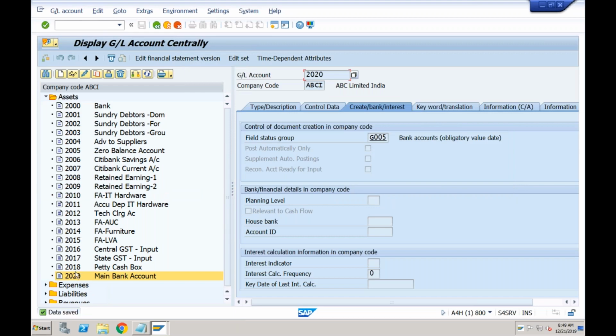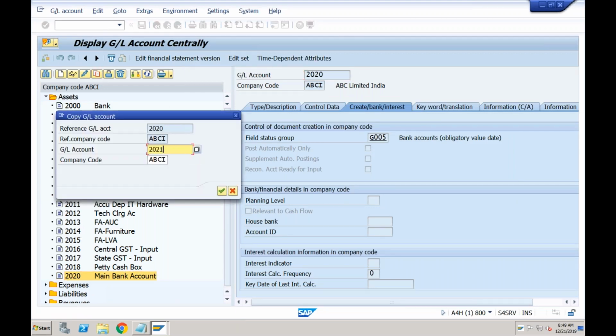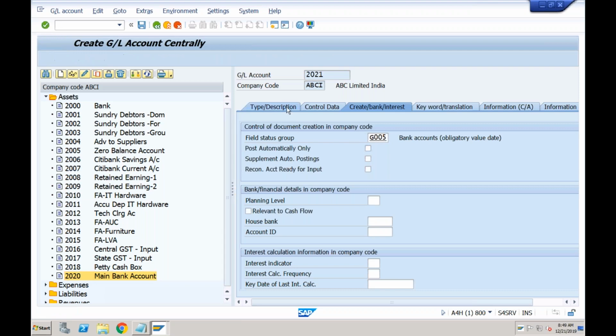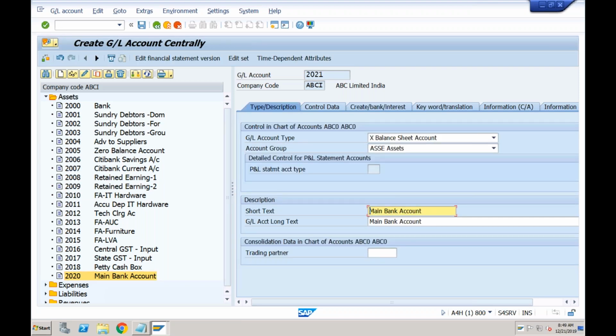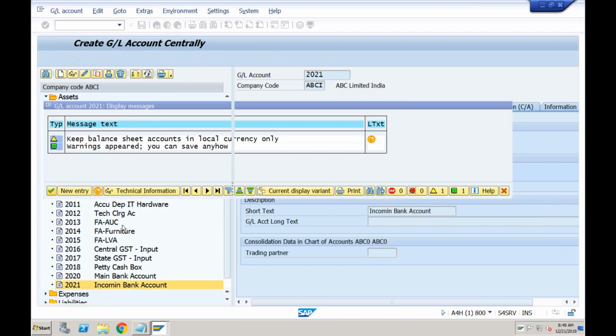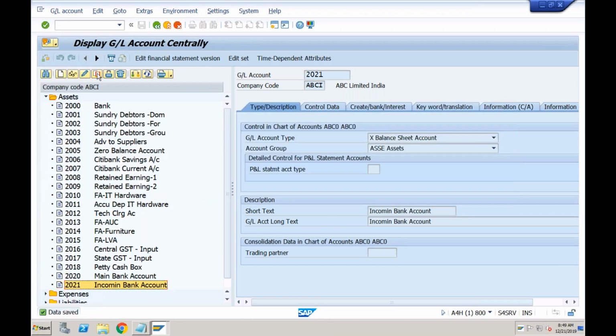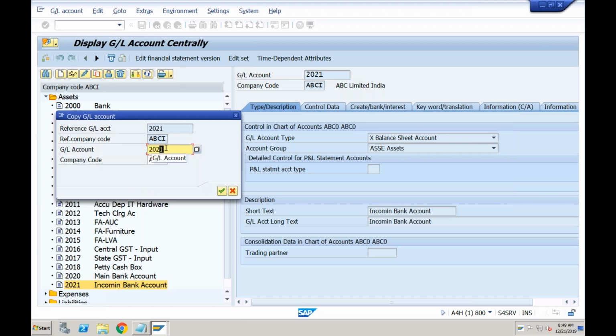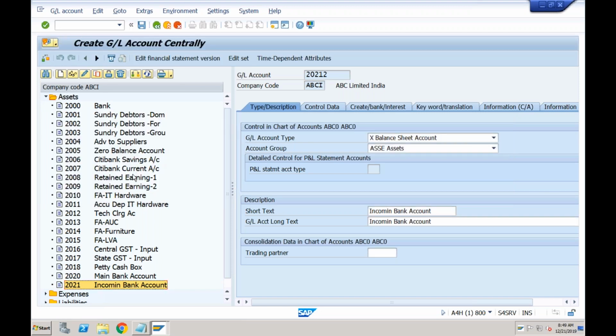Same way, I'll create 2 more. So I'll copy this, 2021. This is going to be my incoming bank account. And I'll create one more, which is going to be my outgoing bank account.